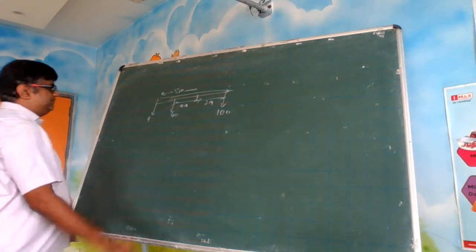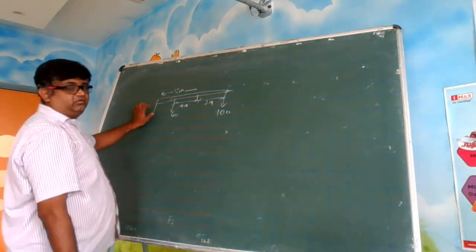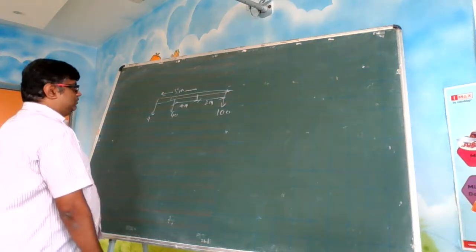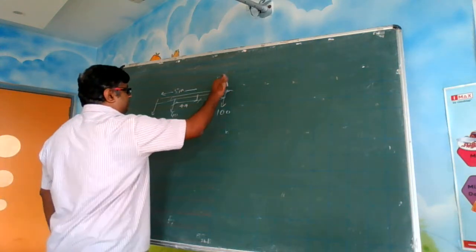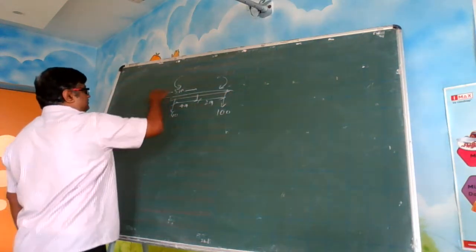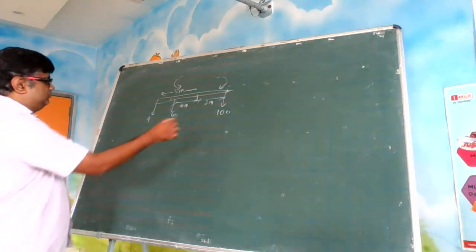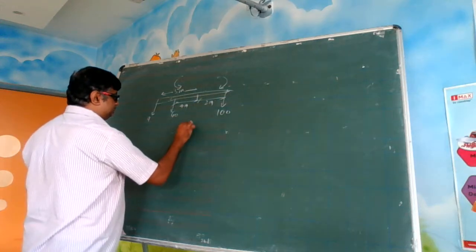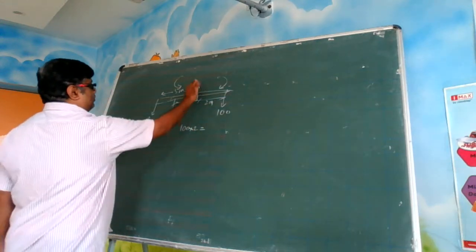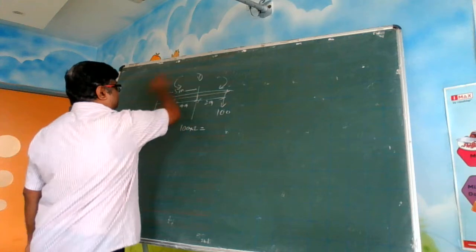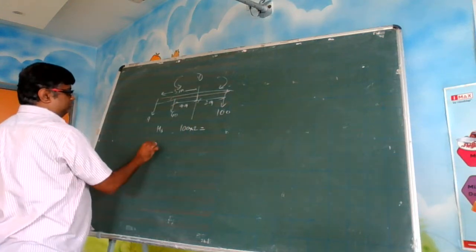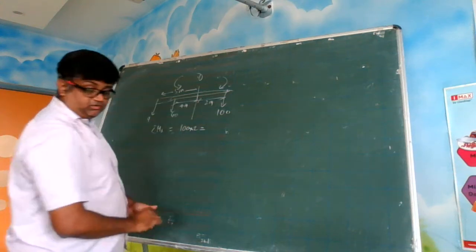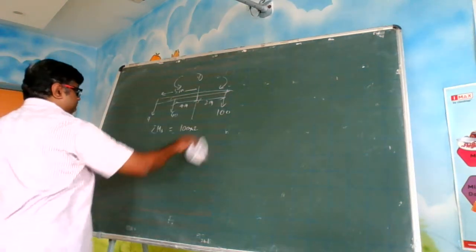I'm just taking some example to explain to you. So they will ask you to find out this force. So you will apply the principle of moments here. How? See, this is creating a clockwise moment and this is creating an anti-clockwise moment. So equating clockwise and anti-clockwise moments, I am taking moment about this point, let us say this point is O. So sigma MO is equal to 100 into 2, which is a clockwise moment, it is a minus value,